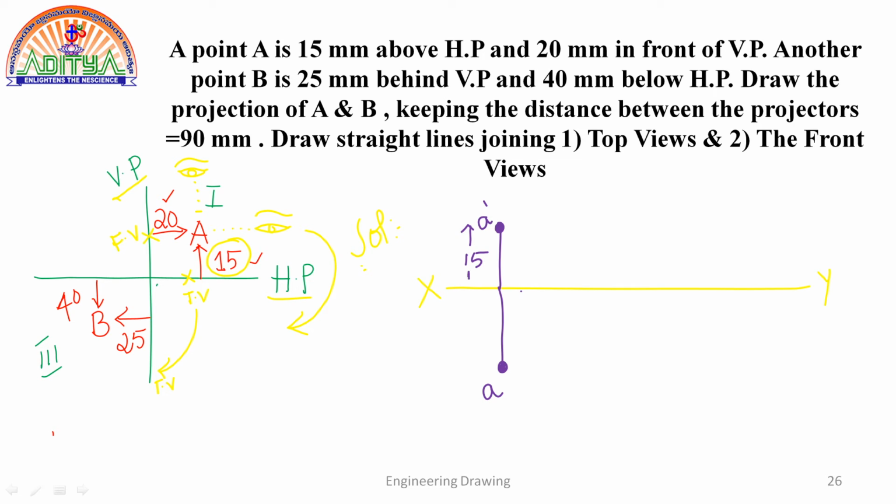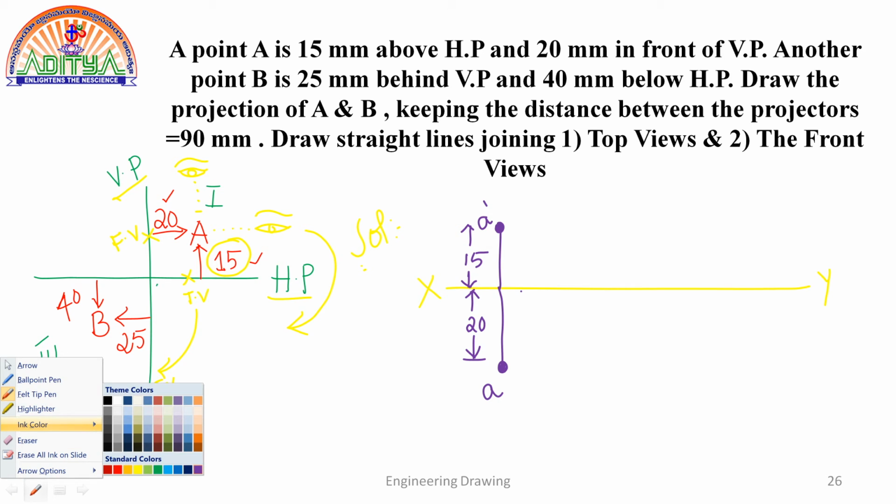So it is at a distance of 15 and which is at a distance of 20. Okay. Point A projections are completed. Next, what we have to draw? We need to draw the